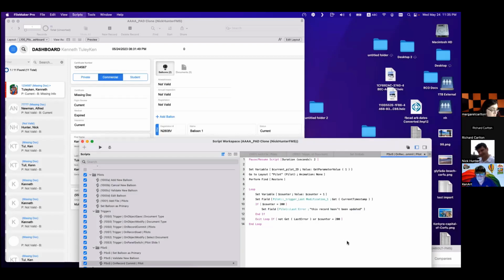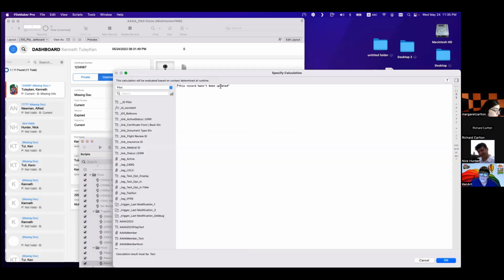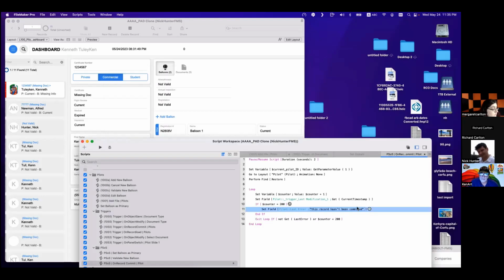You understand? So that means you do a counter, you try 200 times. If after 200 times it couldn't get it, it will set the field last error, say, okay, this record hasn't been updated, or saved or committed or whatever. And then you exit the loop on two conditions.